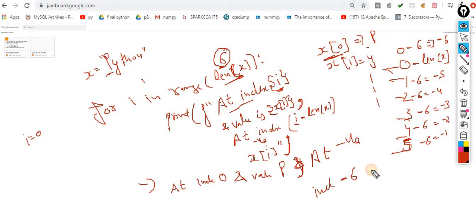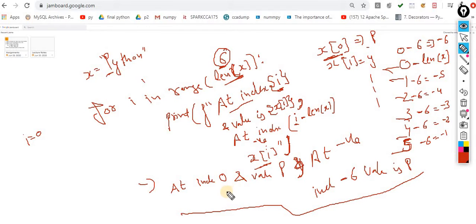At index -6, the value is again x of i, that is P. This will happen up to 1, 2, 3, 4, 5. First time i is 0 minus 6, second time 1 minus 6, next 2 minus 6, 3 minus 6, 4 minus 6, 5 minus 6, and so on. So this is the way you can perform this.